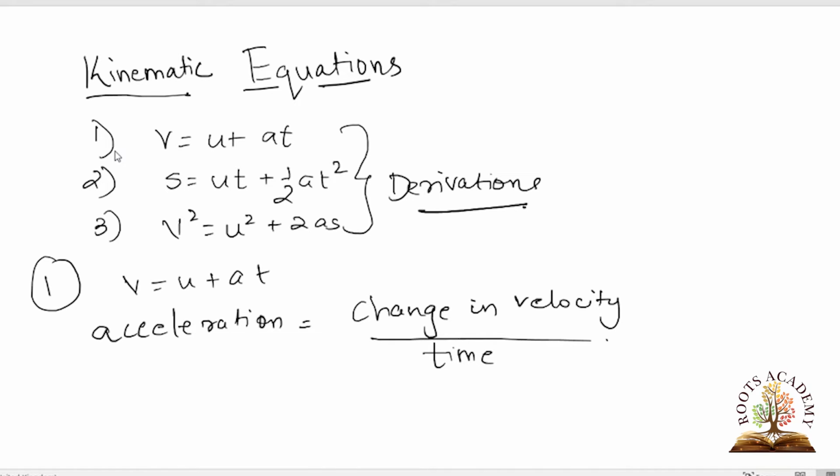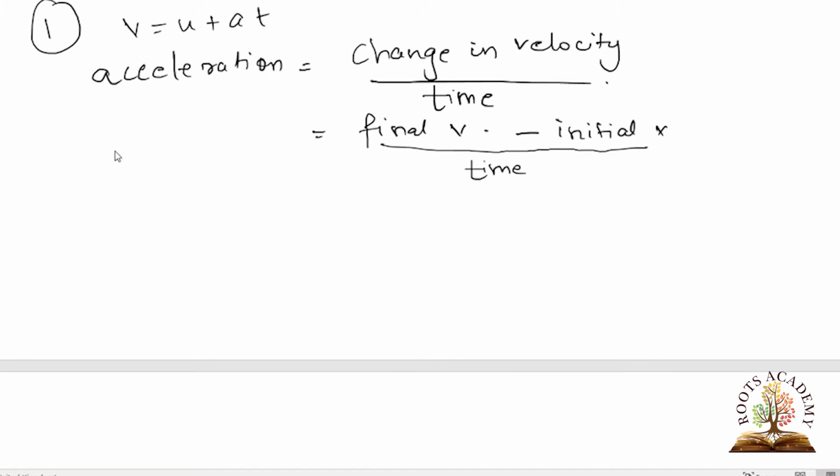Now change in velocity is nothing but final velocity minus initial velocity upon time. So final velocity is written as v, whereas initial velocity is written as u,